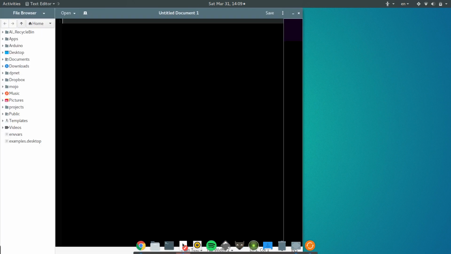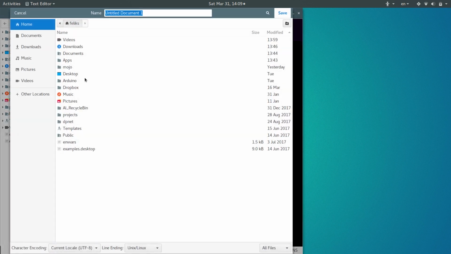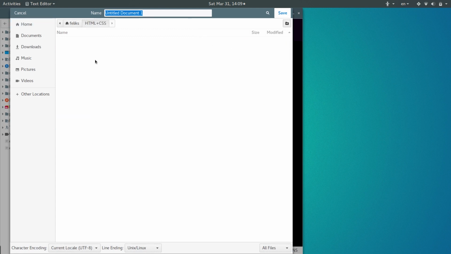We're going to create an example file here, and I'm going to create a new folder for this, HTML and CSS. Right here, and I'm just going to call this example.html. So when you are going to write your website code, there are going to be a couple different file